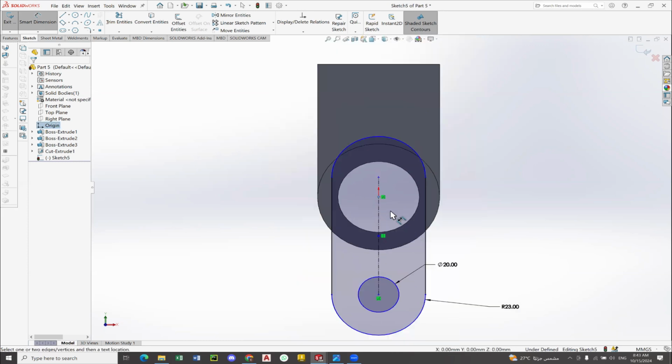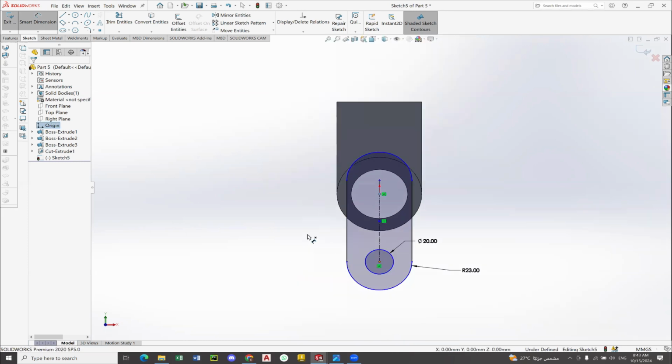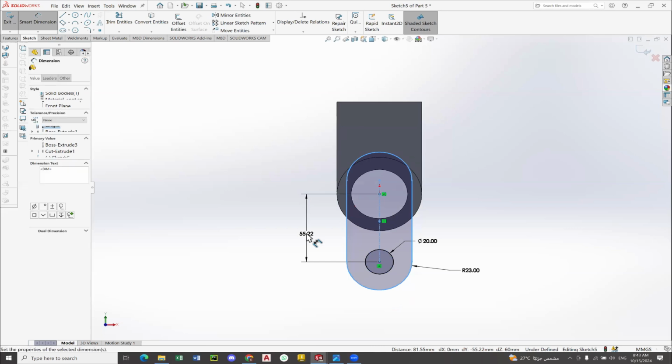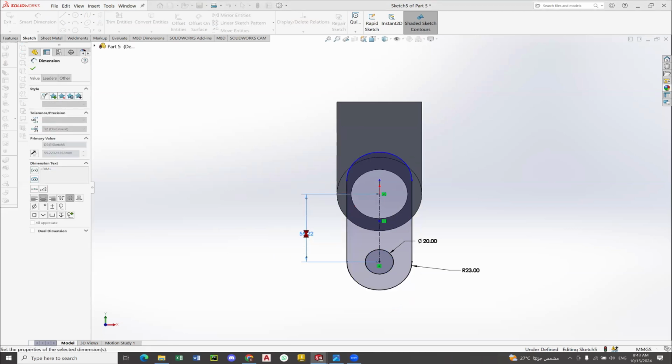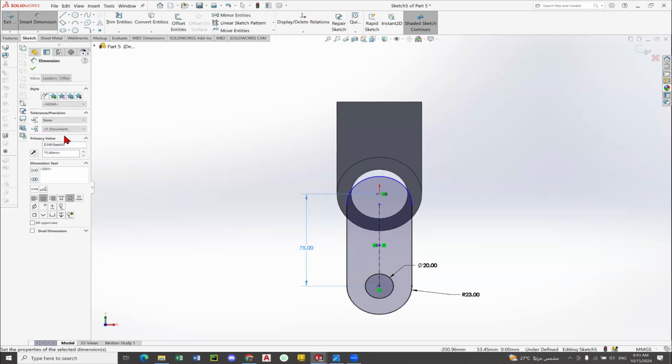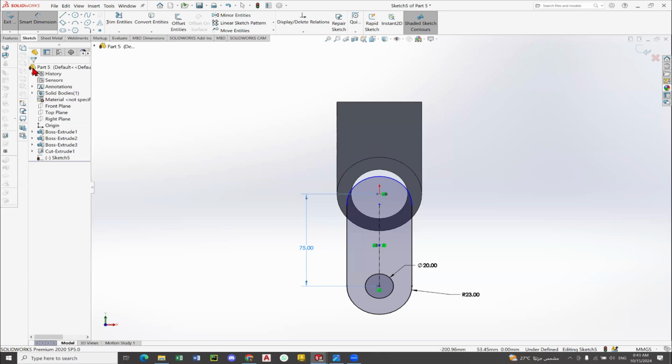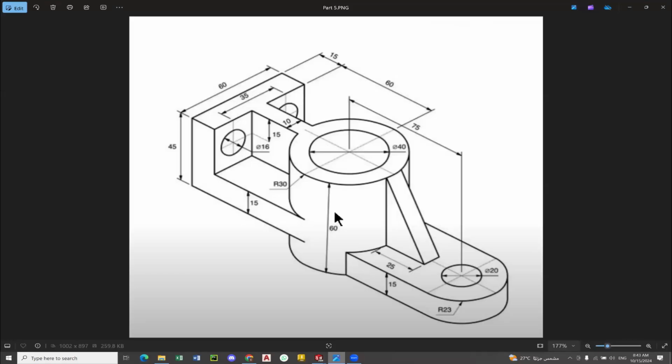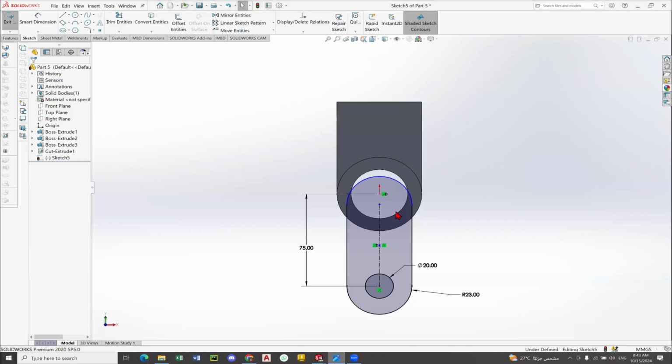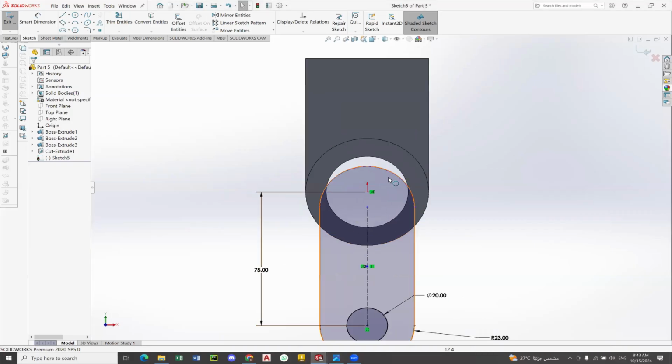So from the center here to the center, I have smart dimension 75 millimeter. Okay. And now let me trim this other part. I click here. In order to trim it, I should close the sketch here and trim these circles and line